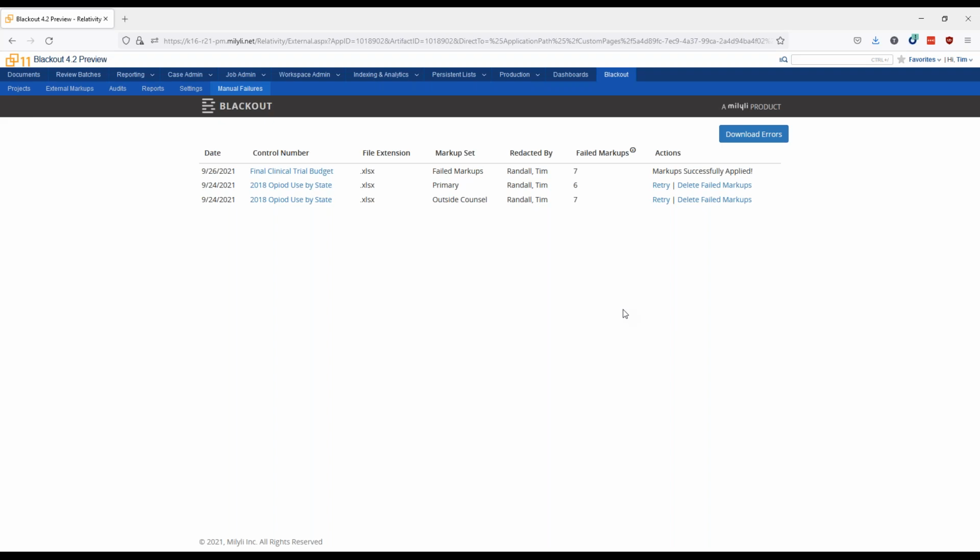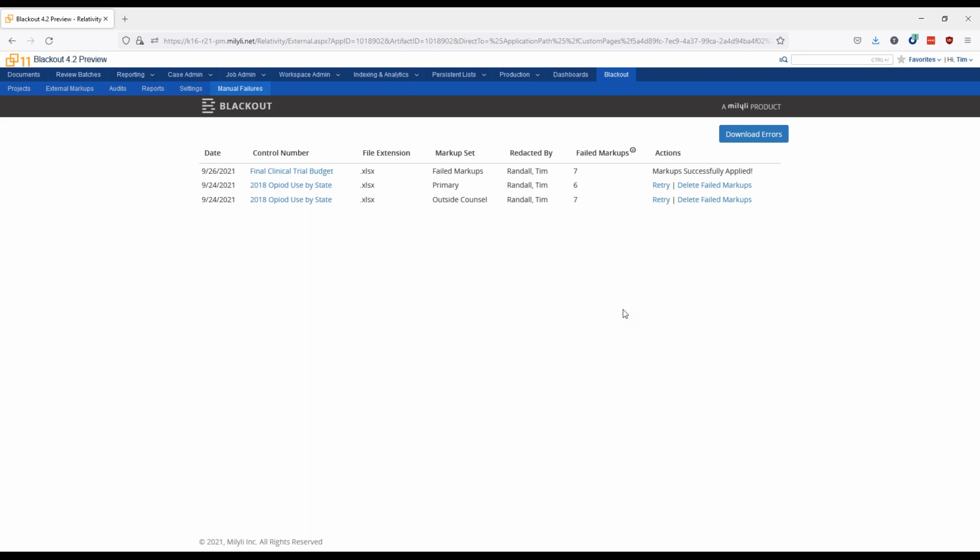So this hopefully will allow us to identify issues, work through those issues, and then reapply all of that work product without having to lose additional time having reviewers go back and dig through the document again. This is going to be especially useful on really big documents, especially useful if this happens in multiple documents in a row, or if there's just lost time. The idea is that we can work through this, get all this work product reapplied, and not lose any of